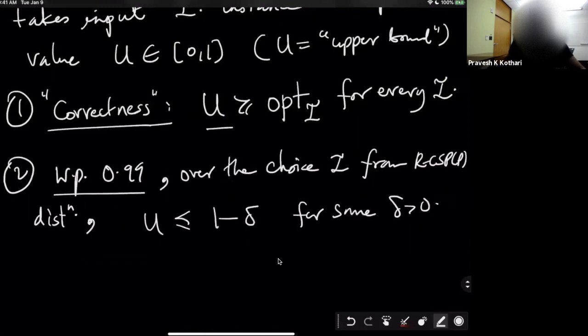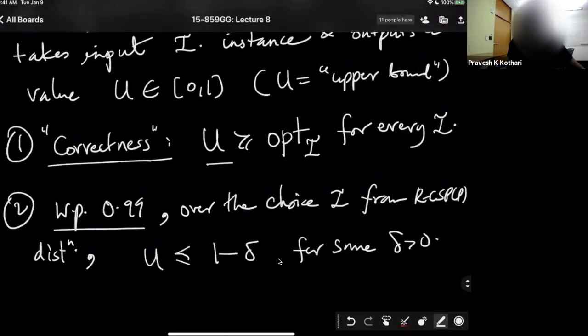Okay. So basically, if delta is strictly bigger than 0, then the second condition says that with probability at least 99%, you will output a value which is strictly smaller than 1. In particular, you will prove that instance, you will assert that the instance is unsatisfiable, that there is no way to satisfy all the constraints with a single assignment. Okay,